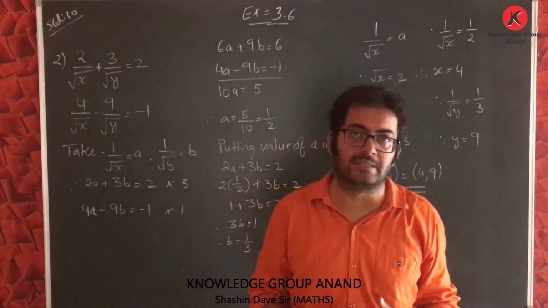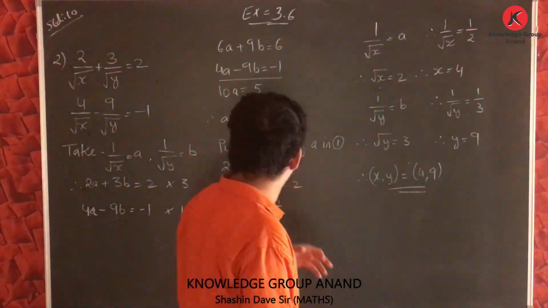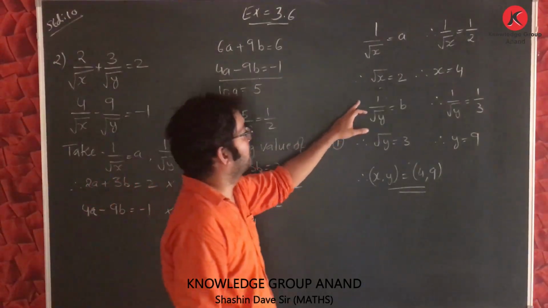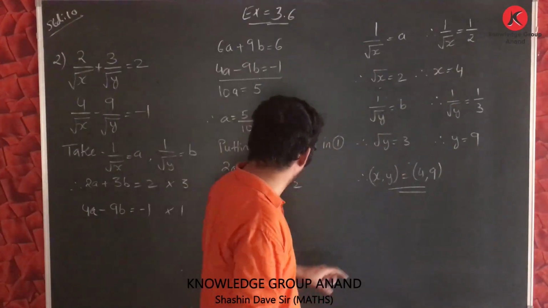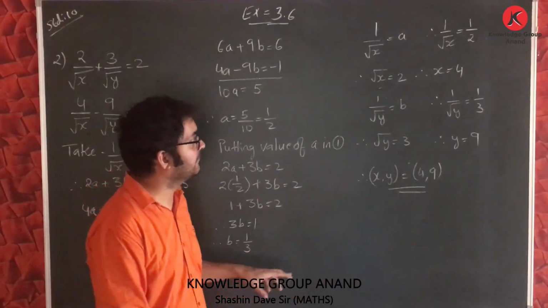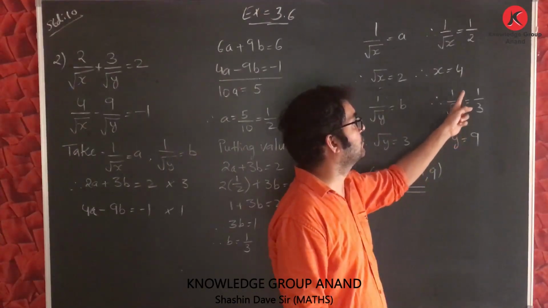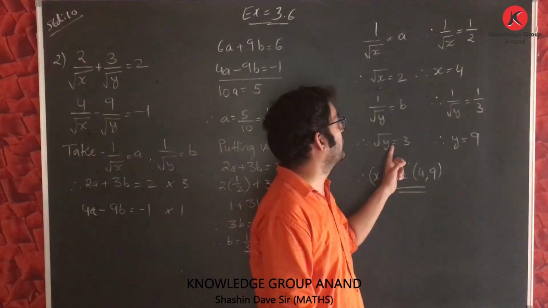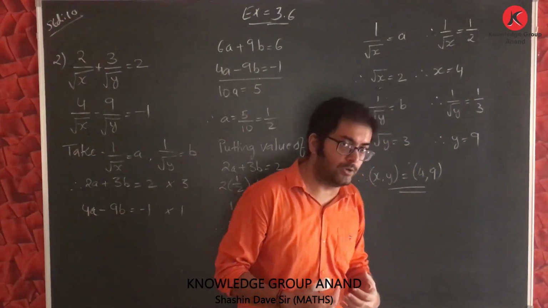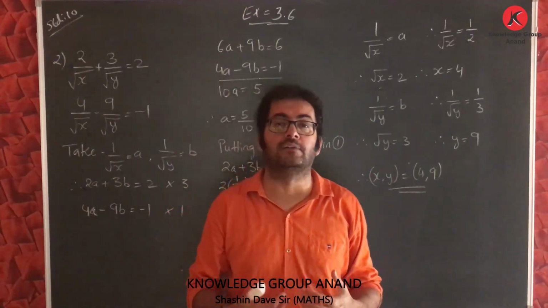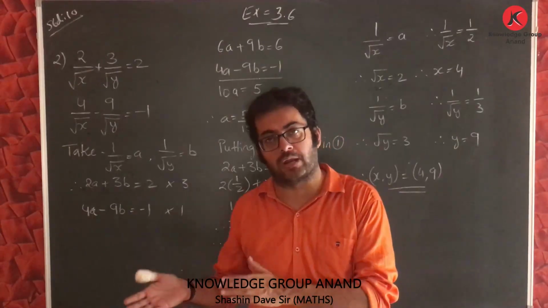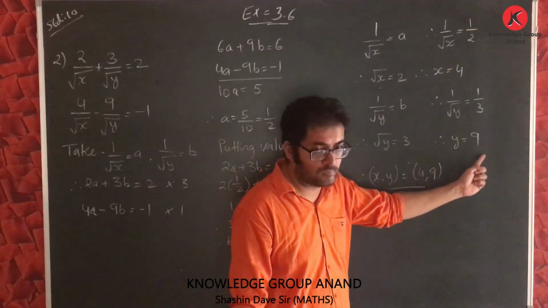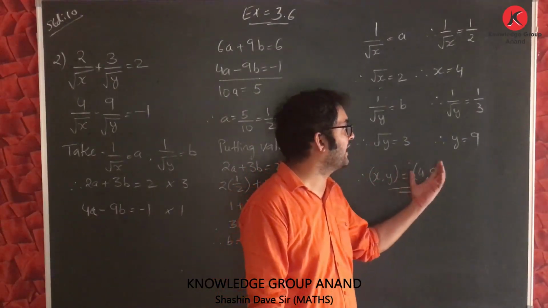We'll use the same method to get the value of y. So let us move to the second assumption. What is the second assumption? 1 upon root y is b. What is the value of b? Value of b is 1 upon 3. So 1 upon root y is equal to 1 upon 3. Again, I will cross multiply. So root y ones are root y is equal to 3 ones are 3. Again, I don't want to find the value of root y, I want to find the value of y. So again, I will take the square on both sides. Squaring both sides, root y changes to y and 3 changes to 9. That means the value of y is 9.